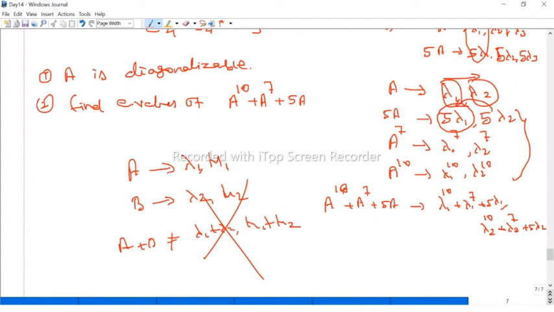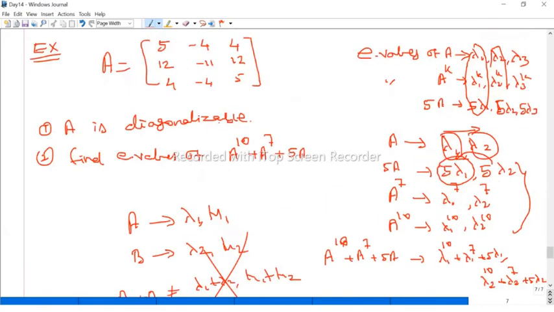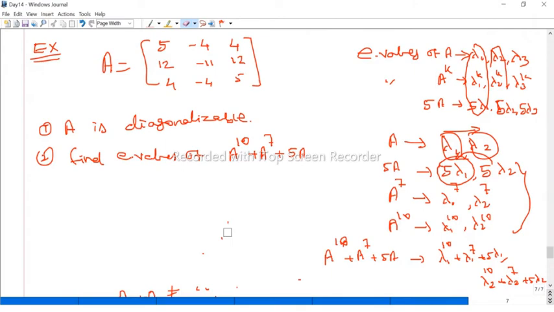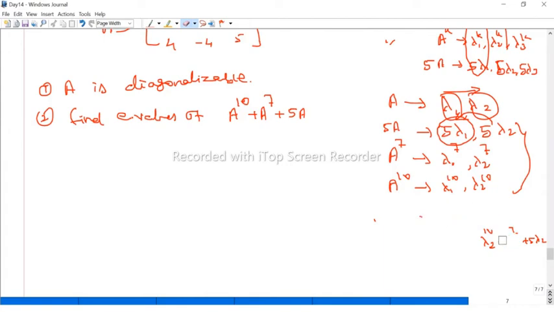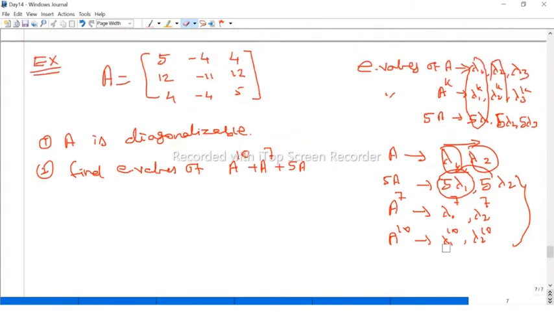So for this problem, first you have to find the eigenvalues, and then check if all the eigenvalues are distinct, then we can say it is diagonalizable. Otherwise, how do we check if it is diagonalizable or not? You have to find the corresponding eigenvectors. We get three eigenvectors, one for each eigenvalue. We have to check whether they are linearly independent or not. If they are linearly independent, then we can say it is diagonalizable. Okay, quickly, maybe we can find the eigenvalues.